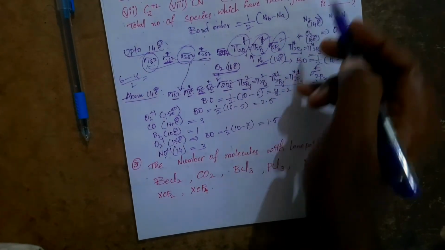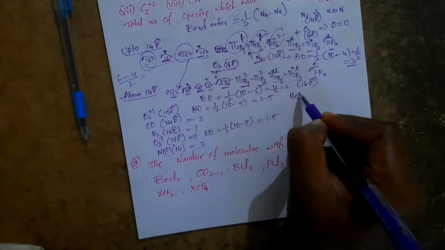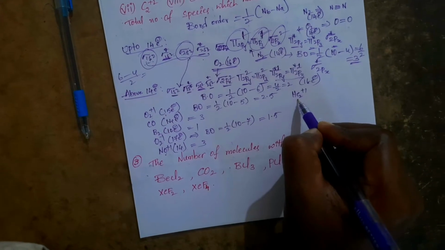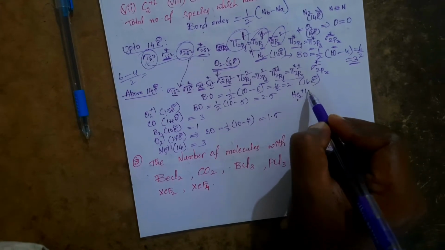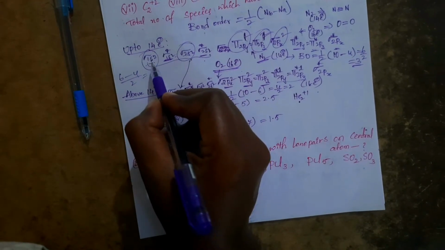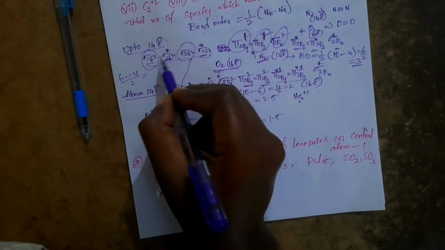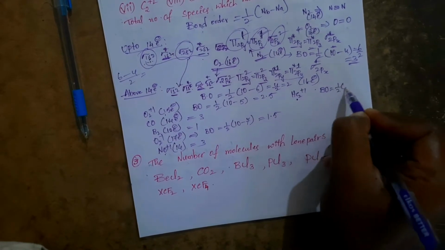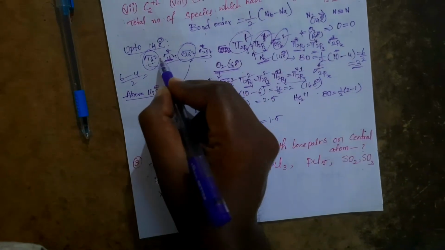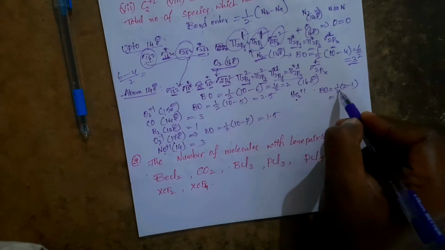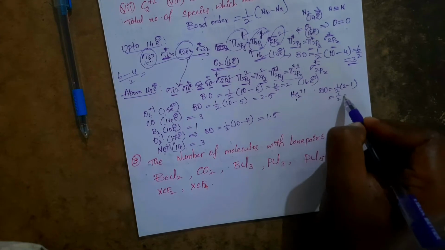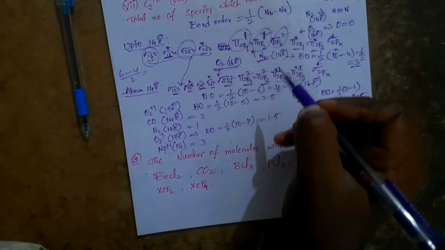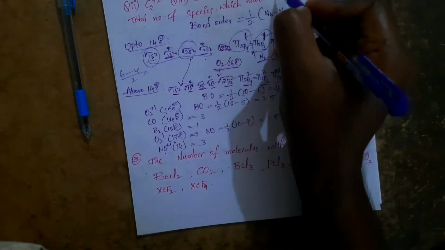Now similarly you can take helium plus 1, He2 plus 1. Helium contains 2 electrons. Each helium atom is 2, so 4 it will be. 4 minus 1, that is 3. So here 2 electrons, here 1 electron. So that is 2 minus 1. What will the bond order be? Half into 2 minus 1. You just distribute here. How much will it be? 1 by 2, that is nothing but 0.5. It has a fractional bond order. O2 minus 1 also has a fractional bond order.